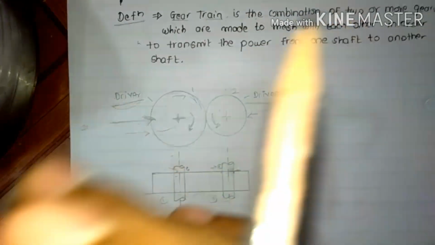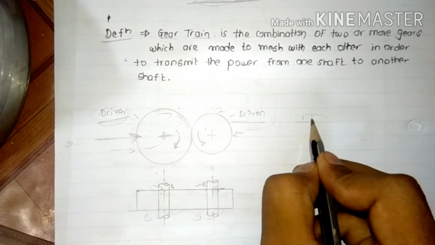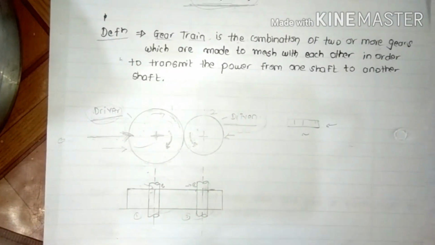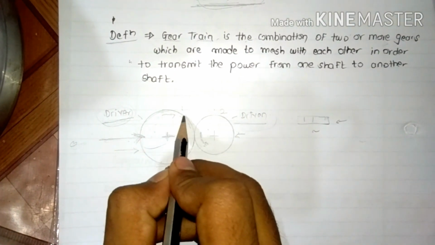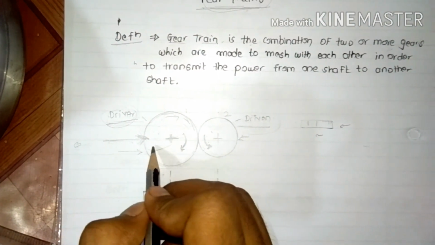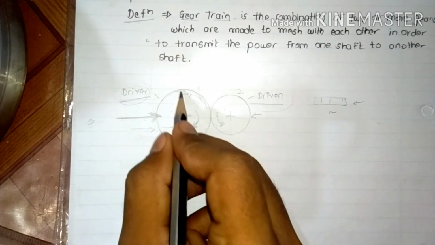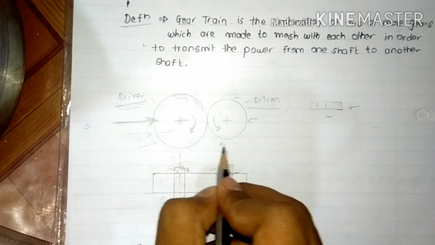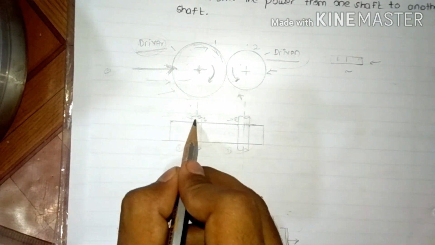For better understanding, I will give the example of a train. When we have a train, the power can transmit from one coach to another coach, so that the motion can take place in such a manner. If we replace the coaches of the train by these gears, we will understand better. If we give power to this gear, the power can transmit from one gear to another gear, and as a result the power will transmit from one shaft to another shaft.